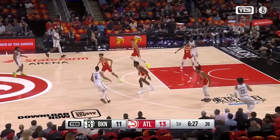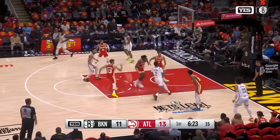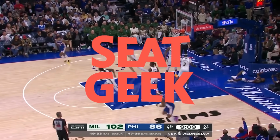I hope it's becoming clearer why the handoff is such a great weapon, since it's a play you can run anytime, from anywhere, and it almost guarantees you a great shot, the same way SeatGeek can find you the